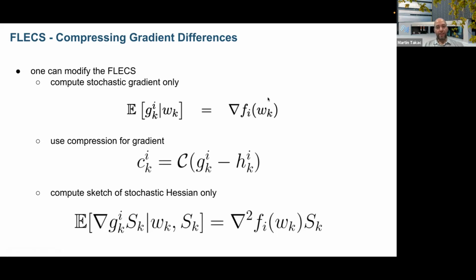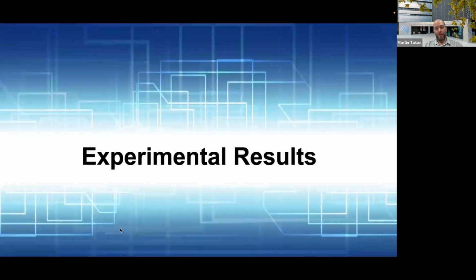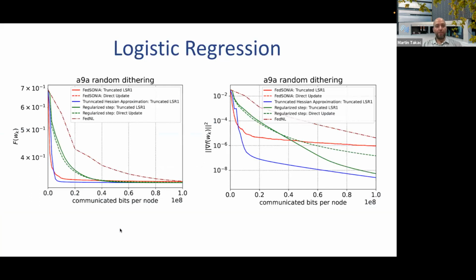So we have some extensions here where you want to be much more fancy. You don't want to compute the full gradient, maybe because of the nature of the problem, or because it takes some time. And I also don't want to sketch the full Hessian, only some kind of stochastic Hessian estimate as well, okay? We have some results there. Now think about the experiments. In this case, we use the A9A dataset, where the problem size is, I think, 123 features, which is nothing.